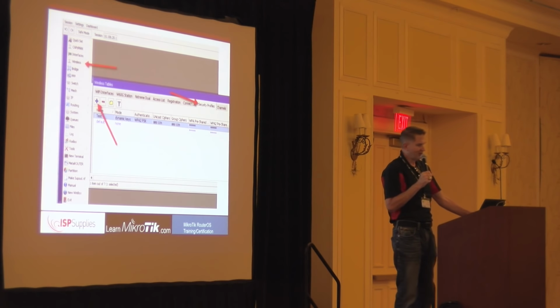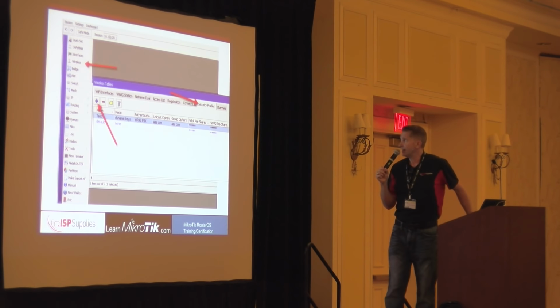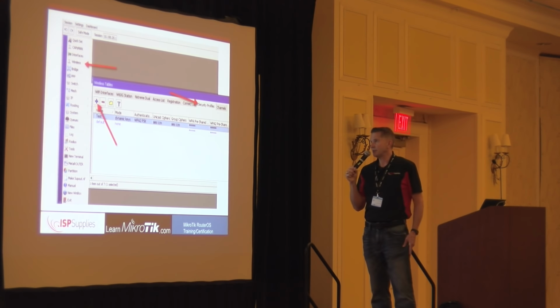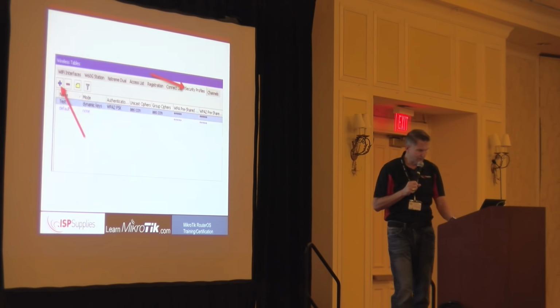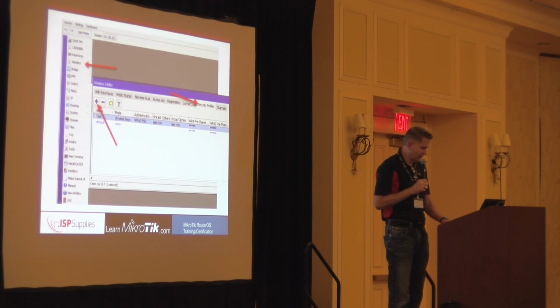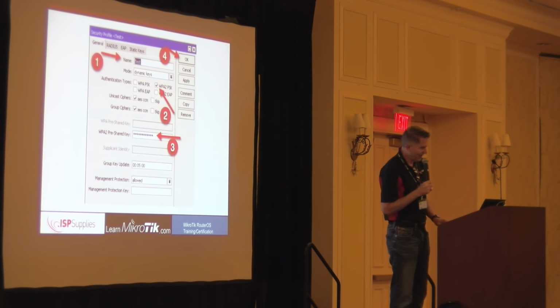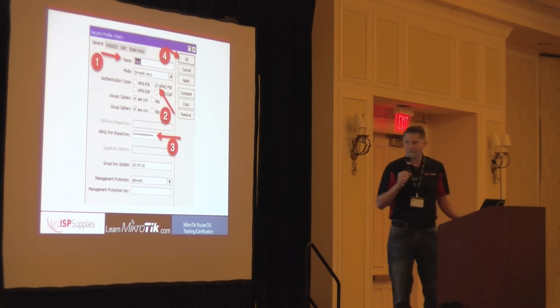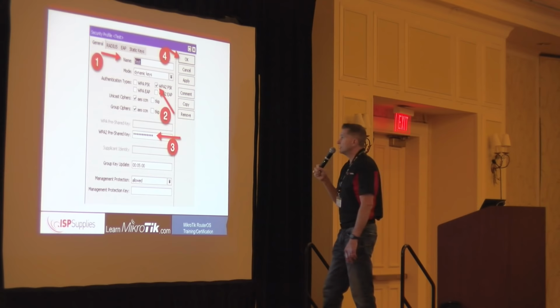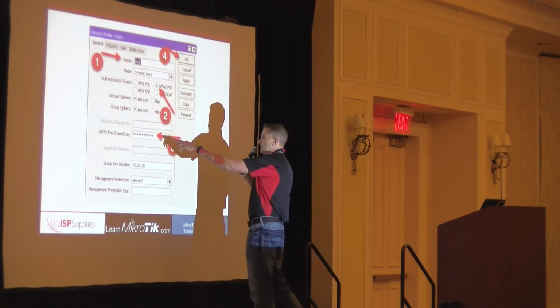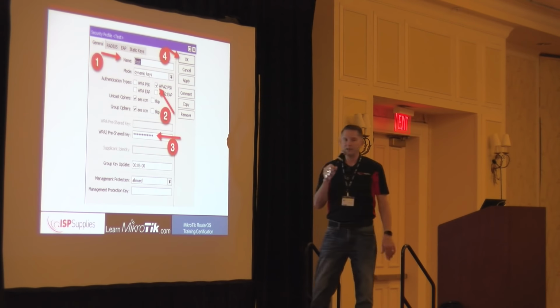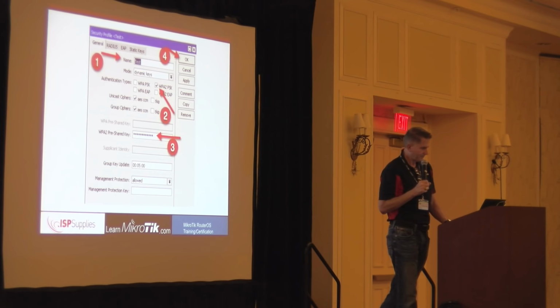To do that, you go to the wireless button on the left-hand side, then on the Security Profile tab, and you create a new security profile. This is where you're going to put in your WPA2 keys and select the ciphers and such. If you just select the defaults and put in a WPA2 shared key, you'll be in good shape.